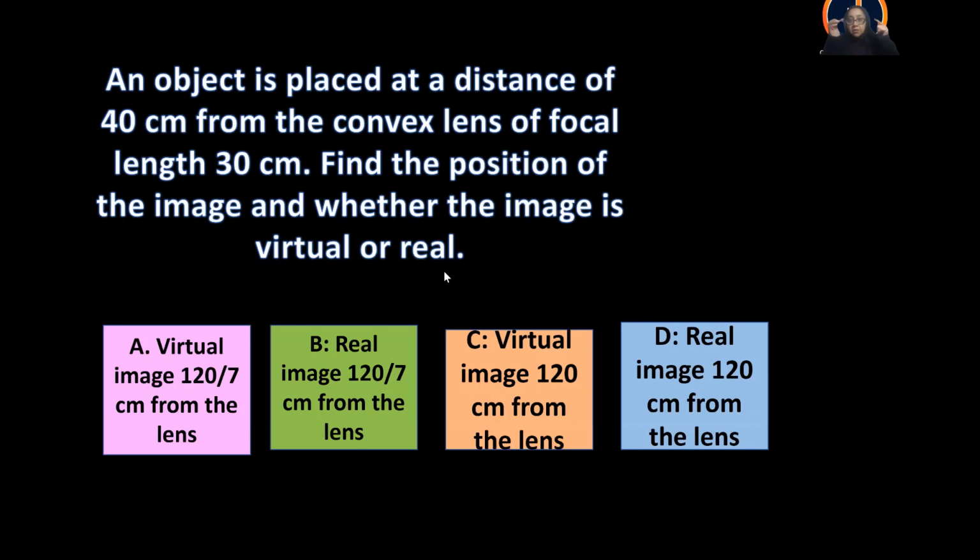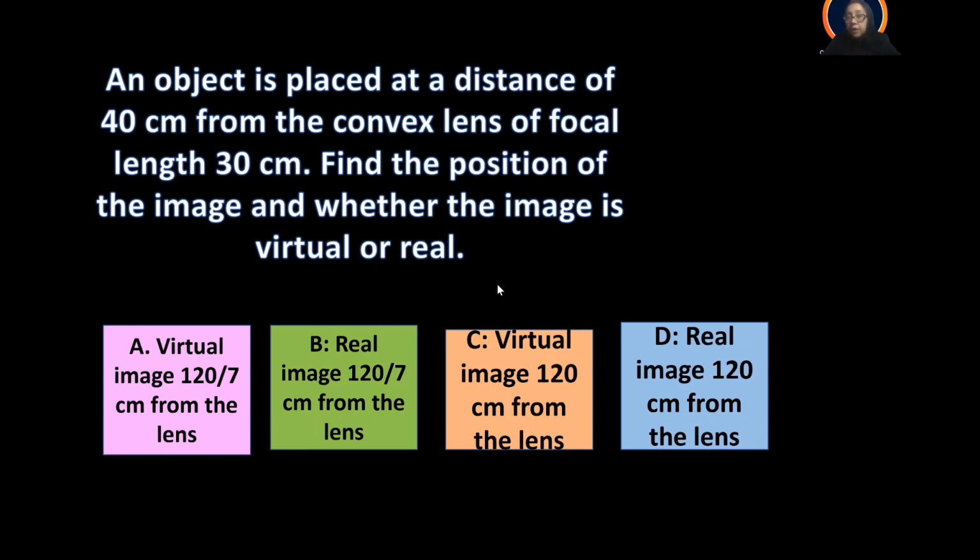So just imagine the position of the image. No need to calculate. Just imagine the position of the object. That means whether it is placed between 2F1 and F1, whether it is placed beyond 2F1, or whether it is placed at 2F1 or at F1, what is the position? Imagine and simply simulate. Remember this diagram, that simulation we have done. So simulate and try to guess the right answer for the image. No need to use the lens formula for it, but try to guess the right answer.